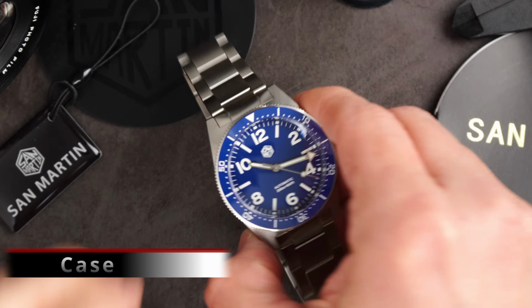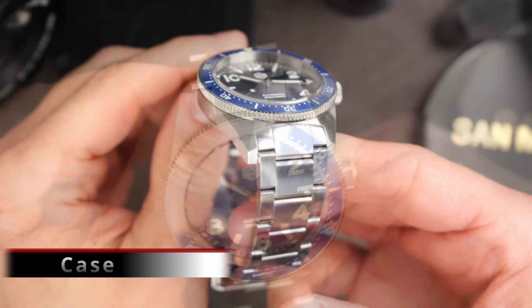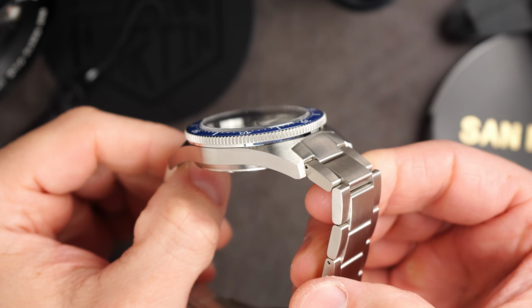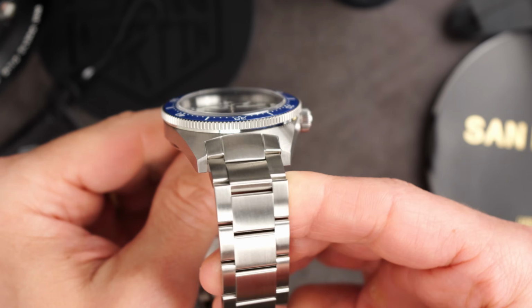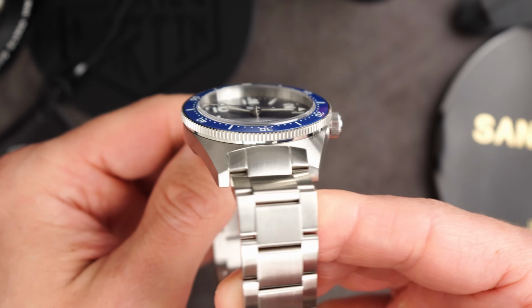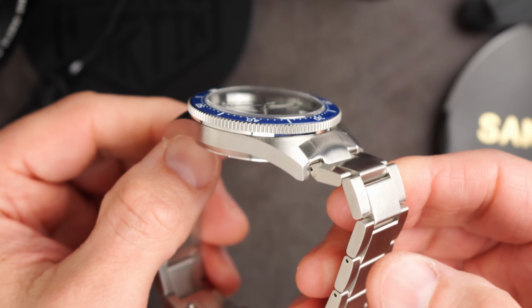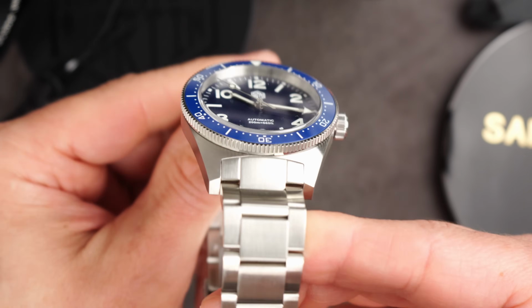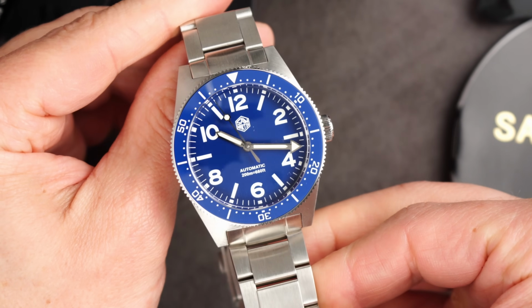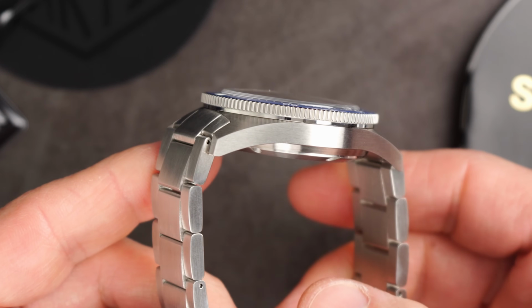Okay, case. We have here full stainless steel construction. The case is fully brushed on top and on the flanks. The lugs are well slanted downwards for good wrist comfort, and while we don't have any additional nuances here, like beveling of the flanks like we have on the SeaQ, or horizontal brushing of the sides like we have on the Wolbrooks, not even drilled lugs like we have on the $300 San Martin, well, this case still looks